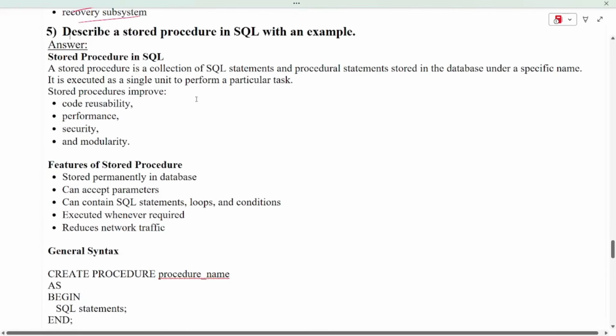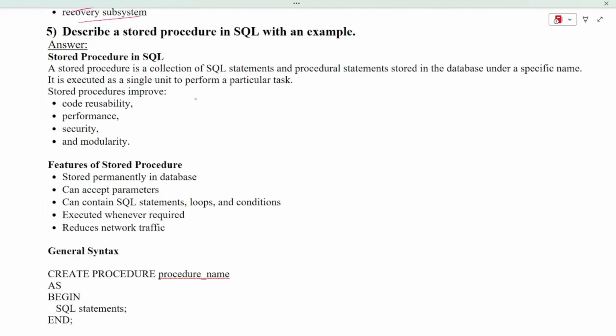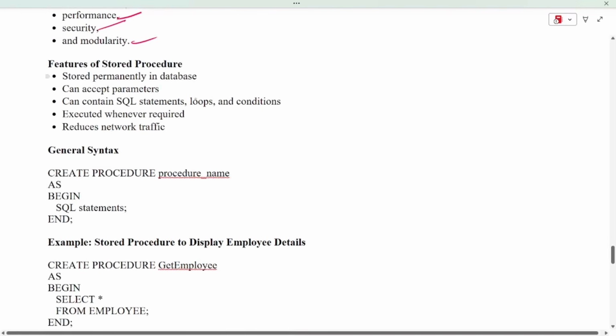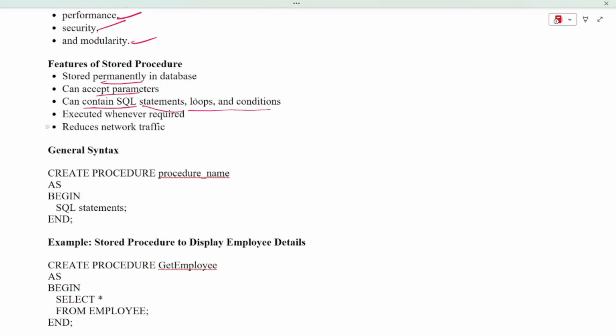Next is about the stored procedure in SQL. A stored procedure is nothing but a collection of SQL statements and procedural statements stored in the database under a specific name. That gives code reusability, performance, security, and modularity. Stored procedure features: stored permanently, can accept parameters, can contain SQL statements, loops and conditions, executed whenever required,